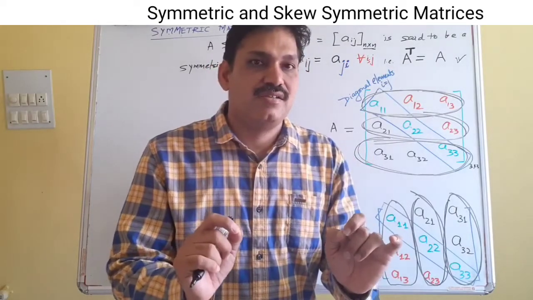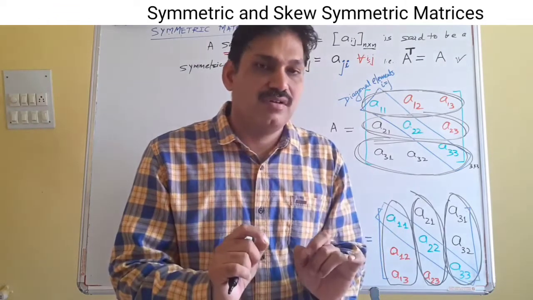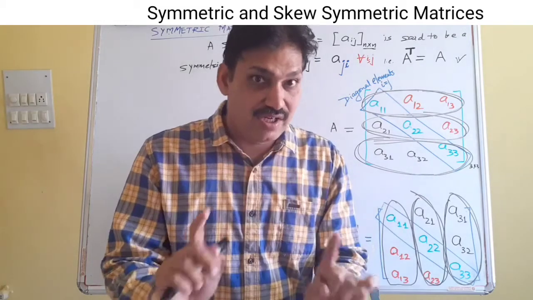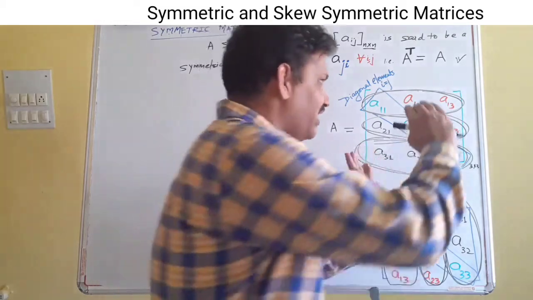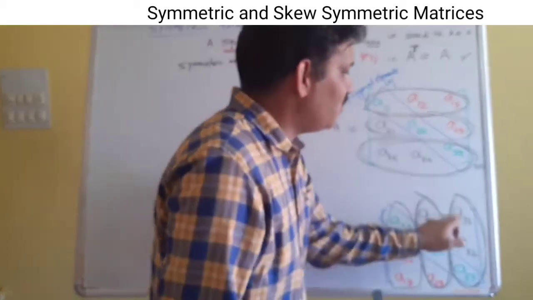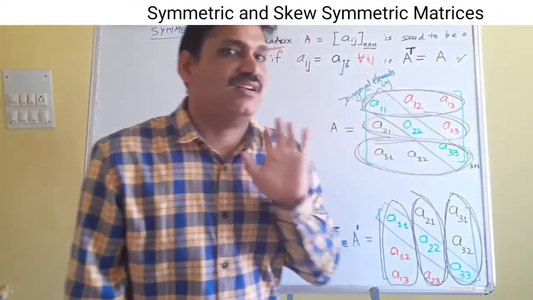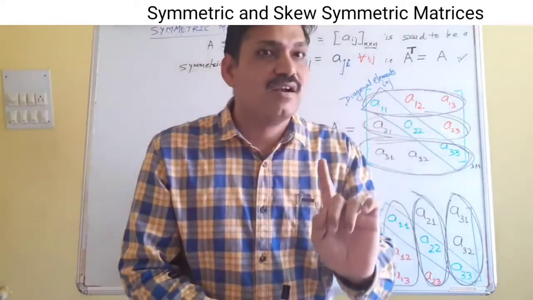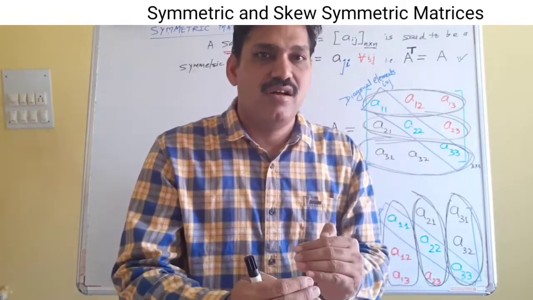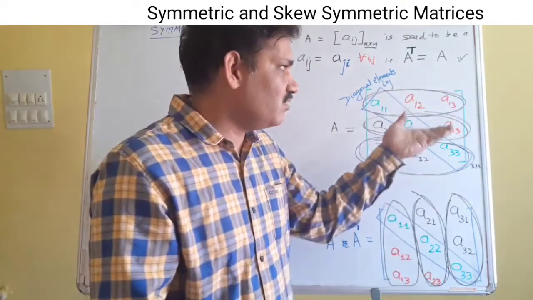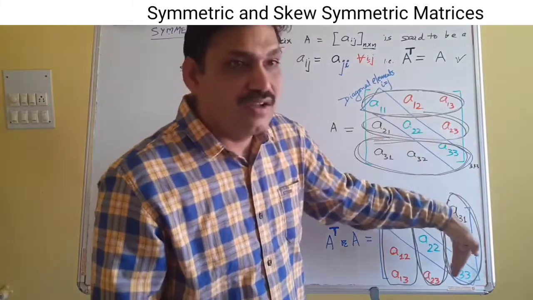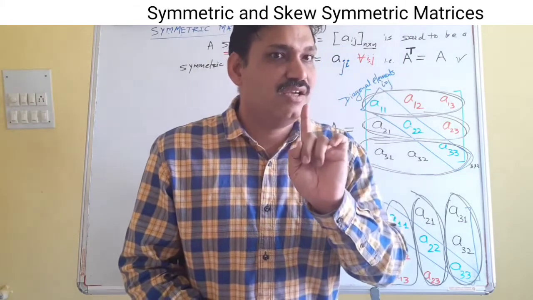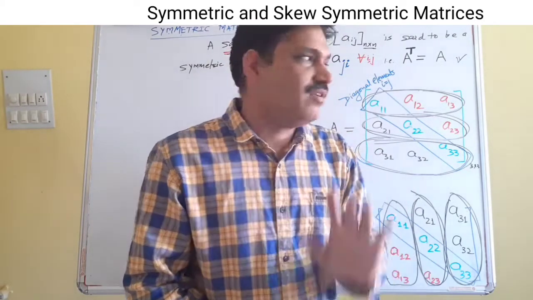Transposing a matrix is about interchanging its rows and columns. It is not about rotating. No, not at all. You cannot rotate it like this. If you rotate it, A11 comes to this position, and that will not be the transpose of this matrix. It is not about rotating, but about interchanging its rows and columns. The first row becomes the first column, the second row becomes the second column, the third row becomes the third column. That is how we find the transpose.